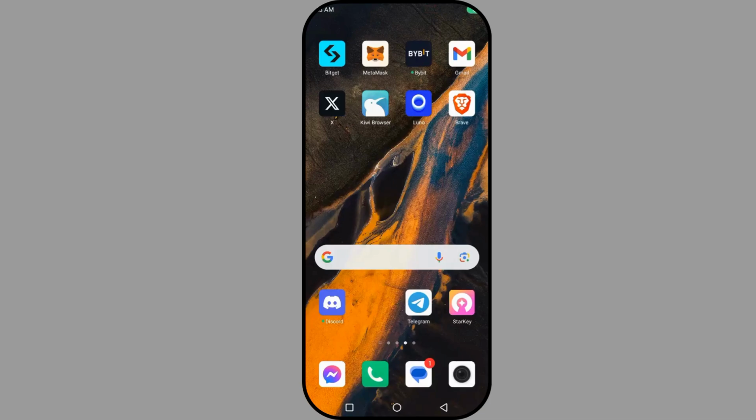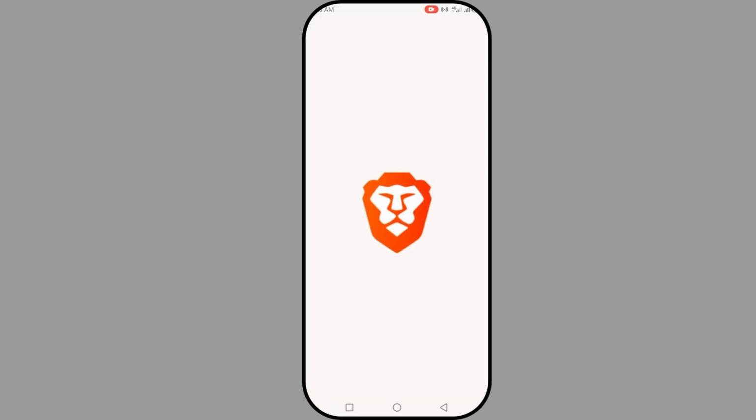So today I'm going to show you how to change your search engine in Brave browser. You want to change your search engine. How do you go about it? So you need to open the app. Once you open the app,